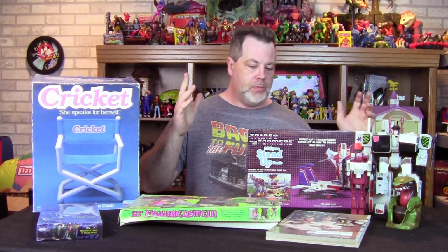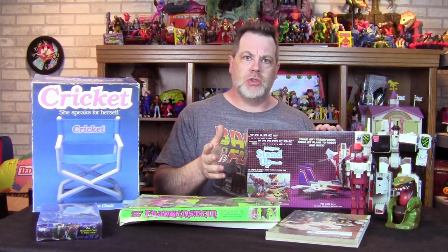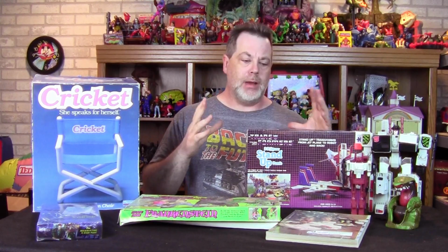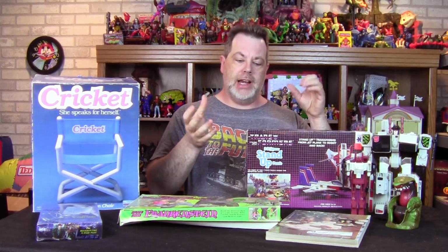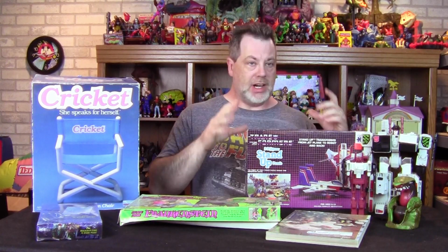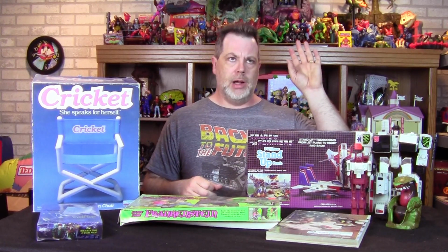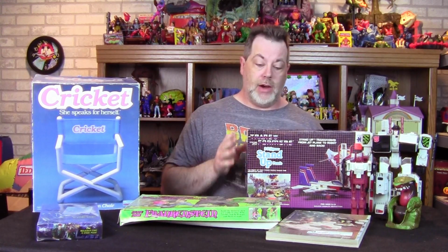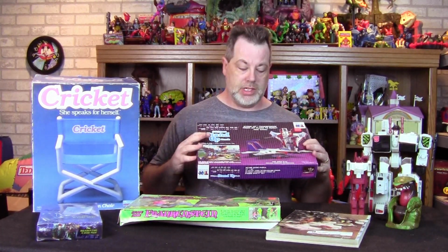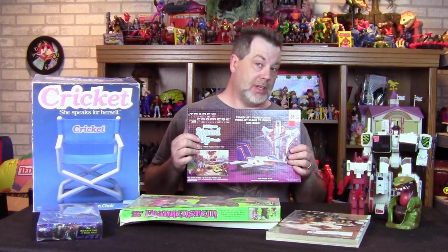I've shown these off before in collection expansion extravaganzas. Warren made these 3D stand-up puzzles. They're puzzles on one side, and on the other side you take them apart and put them into 3D stand-up characters. They did Transformer ones, and I've got a number of them. I've got Ultra Magnus, Smokescreen, the Voltron ones, and now I've got the Starscream one that finishes off the Transformer set. So Starscream was a nice find, one that I've been looking for a while, and the guy assured me it was complete. So